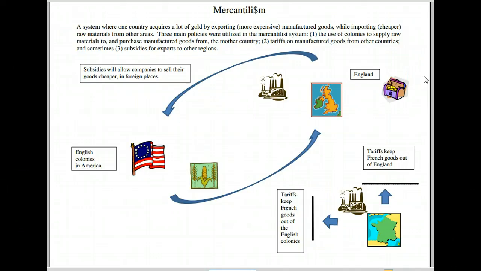is England. This chart portrays mercantilism from the standpoint of England. You see the treasure chest right by England, accumulating gold by selling expensive manufactured goods as the goal of our policies. Now, this is not to say that England was the only mercantilist country. Any country that had the ability implemented mercantilist policies: the Dutch, the French, Portuguese, and Spanish.